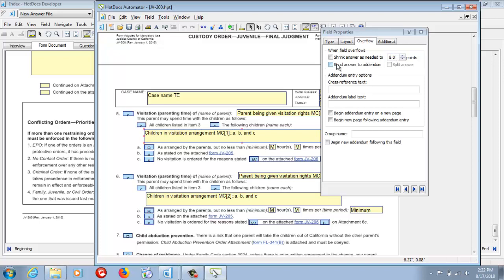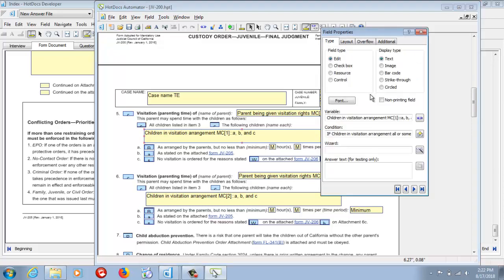You can also control having the response sent to an addendum, either as a whole or splitting it in half or in parts, and control various aspects of the behavior of that addendum. So lots of power and lots of potential complexity to be aware of, but those are all controllable within the happy world of HotDocs